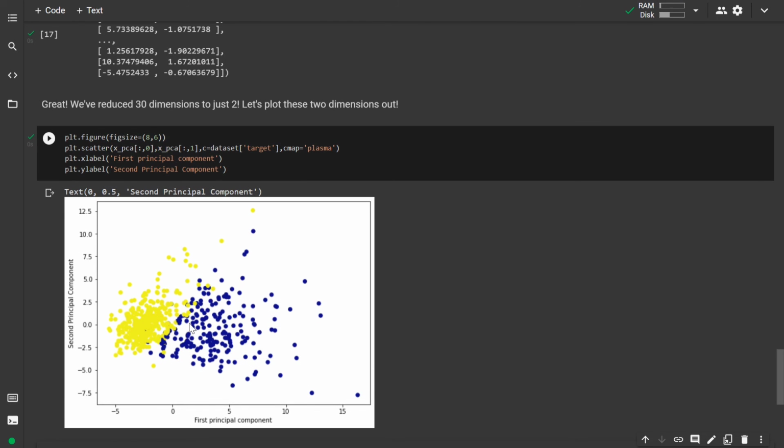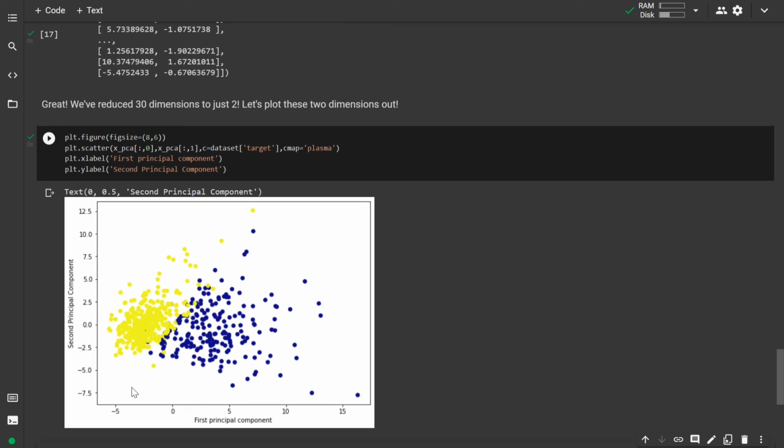Now you can see these are two classes. One refers to the class Benign, and the other refers to Malignant. So these are the two classes corresponding to our data set, and we have plotted them. This is our first principal component, and this is our second principal component. Based on this, we have classified. After having 30 dimensions and reducing them to 2 dimensions, it is very easy for us to understand the data.